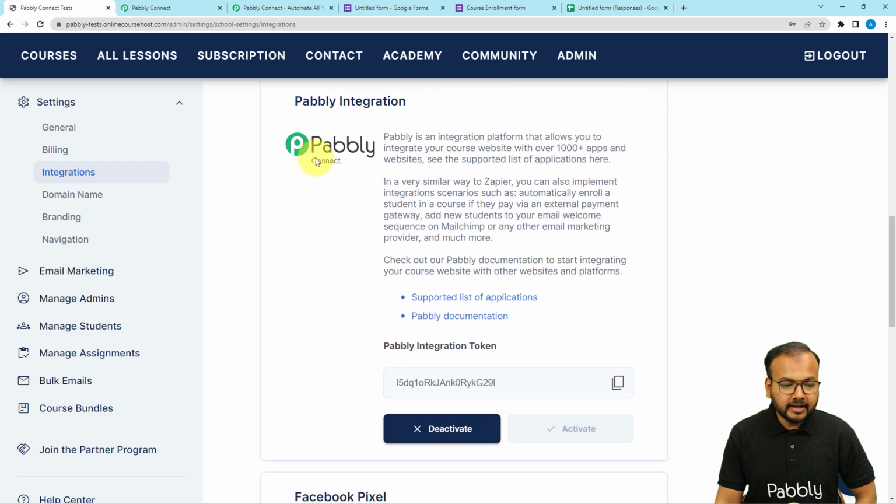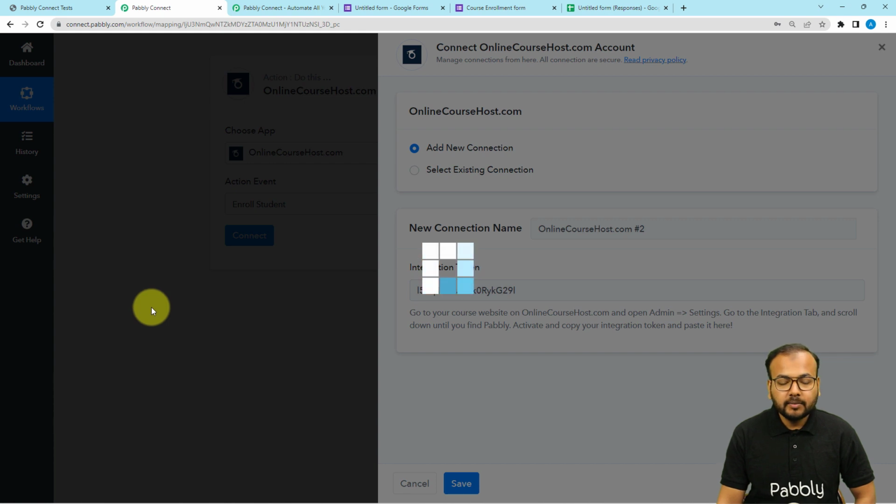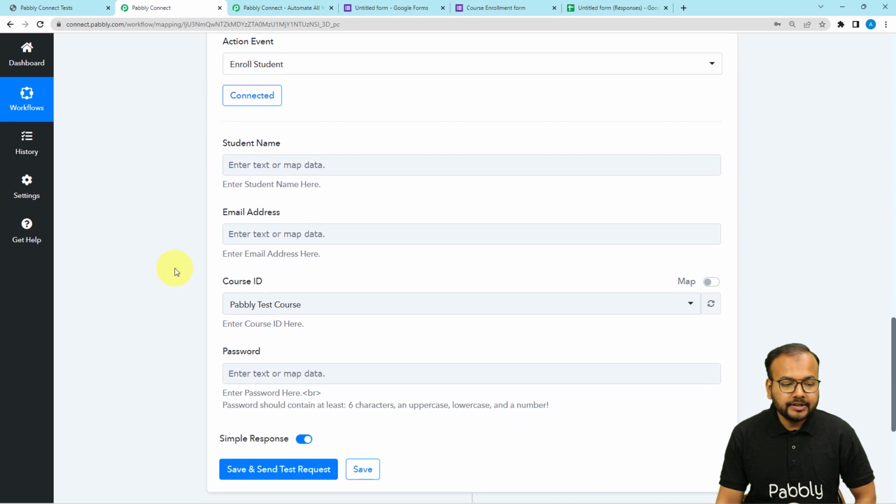Under Pabbly Connect integration, here is the integration token. You can activate it and use it. So click, I have already activated it. You can activate, then copy this token and paste this here in this field like this, and then click on save, and you will be connected with OnlineCourseHost.com. And then it will start showing these fields: the student's name, student's email address, the course ID, and the password. Alright, so we are going to map all the four